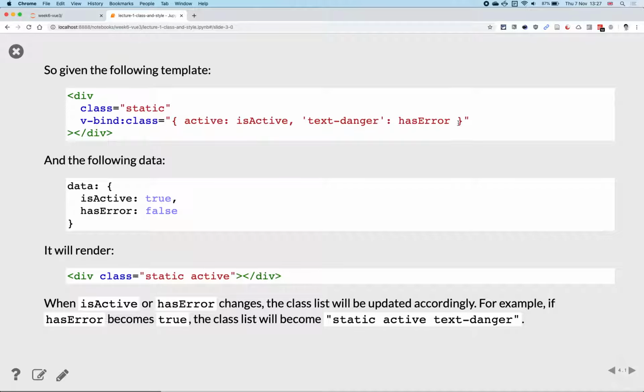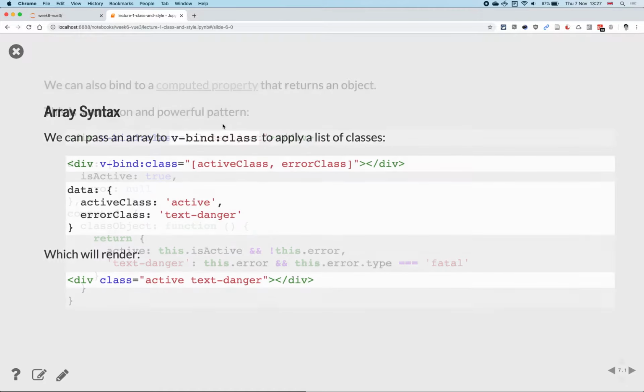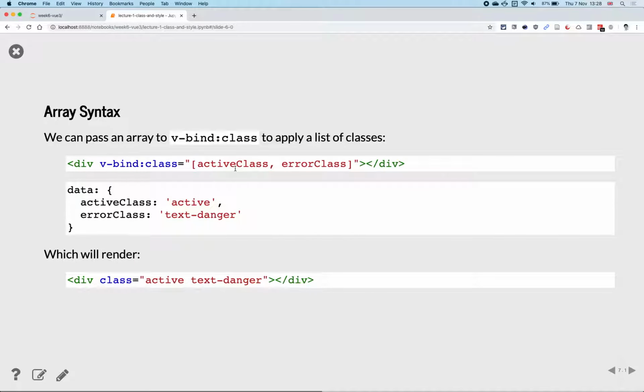Essentially this is a JSON object that has two properties. In this case it becomes an array. These are the two variables you defined in your Vue code, and they would have the value active for the active class and text danger for the error class. So when you actually run the code, it will give active and text danger to